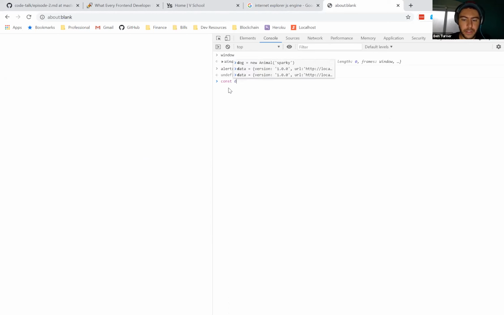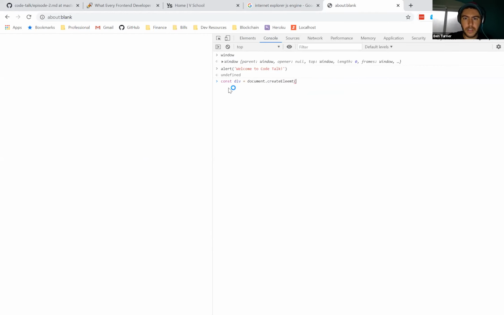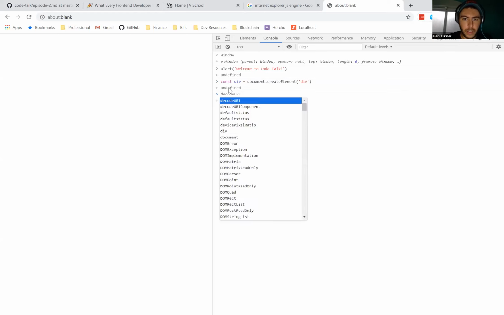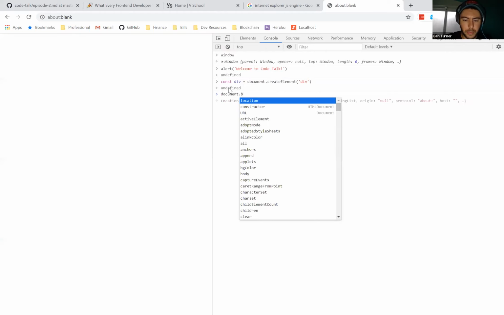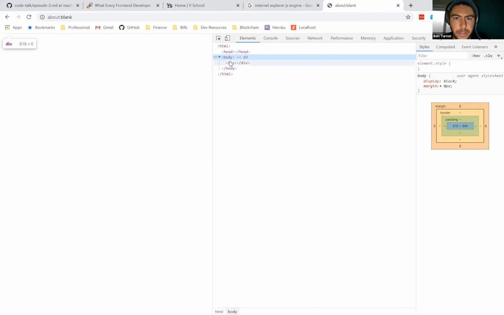Let's make a div. Okay, cool. And then we'll just say document.body.appendChild, and we'll append the div. If we look at the elements now, we're going to see this div here.